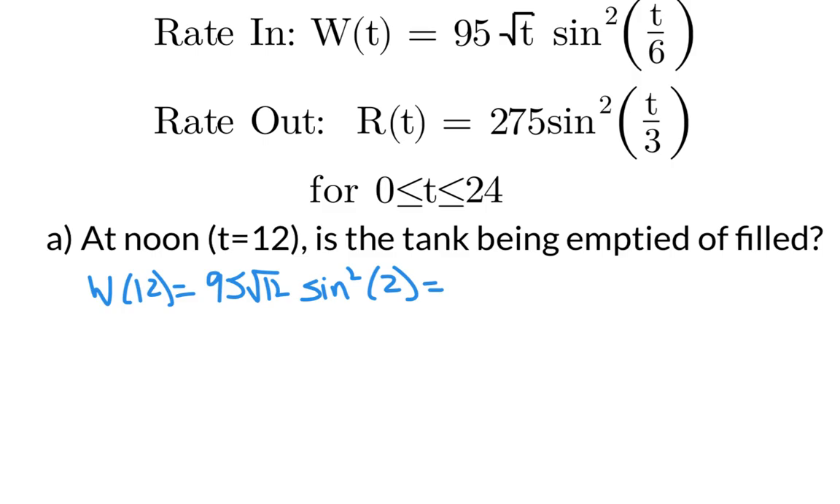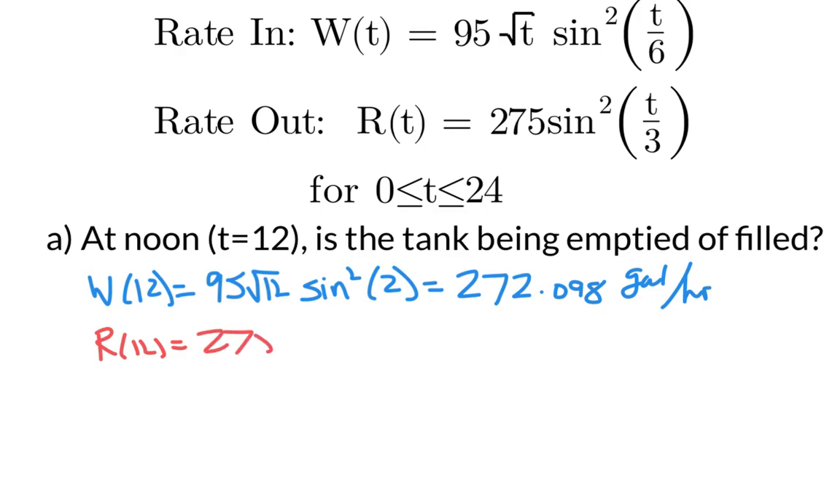And we can go ahead and type that into the calculator. We get 272.098 gallons per hour. So that's the rate, the speed at which the water is getting pumped into the tank. Then we think about the water that's coming out of the tank. And we find R of 12. So that'll be our 275 times the sine squared of 12 over 3, which is 4. Type that into the calculator and we get